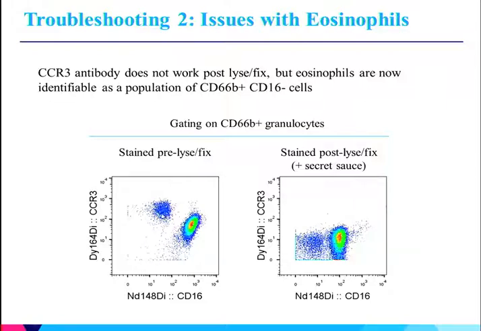So it's still kind of hard to find them, but because they're non-specifically binding to everything, they can be identified as being CD66 positive granulocytes that are negative for CD16. So at least we have a way of identifying them in the panel. With all this out of the way, we now have a surface panel to identify all the cell types